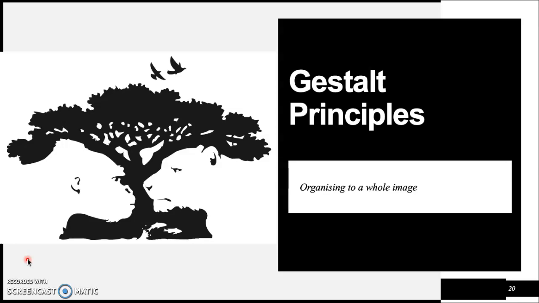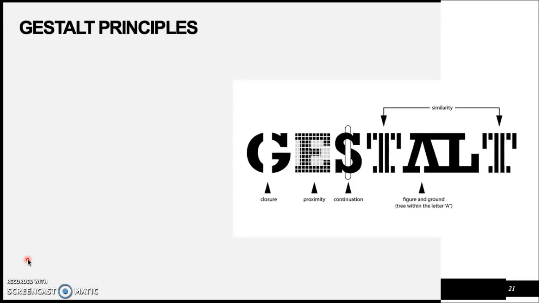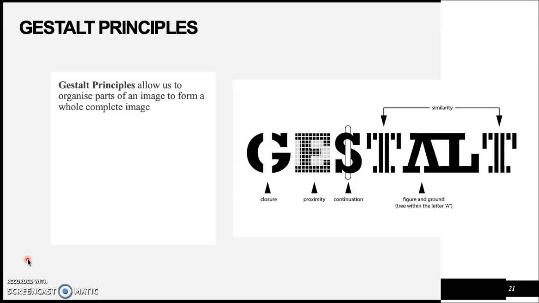Now, specifically today, we're going to be looking at Gestalt Principles, where we organise to a whole image. So here, you can see this image. You can either flip between two different images. You can either see the tree with the birds above, or you can see a gorilla and a lion. So, Gestalt Principles allow us to organise parts of an image to form a whole, complete image. We look at figure ground organisation, closure, similarity, proximity,